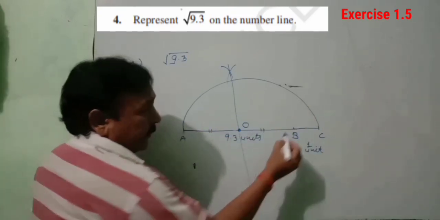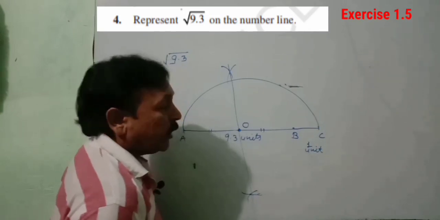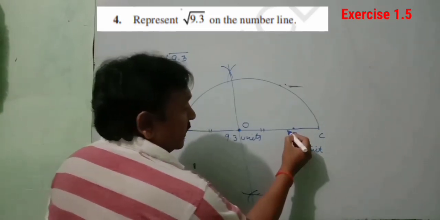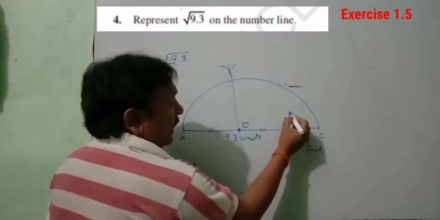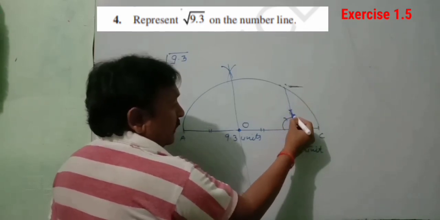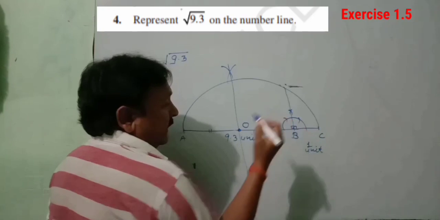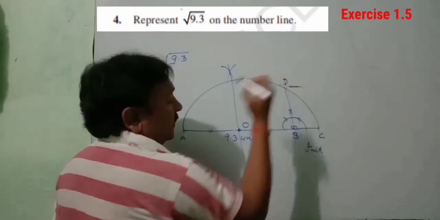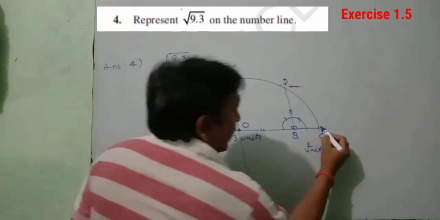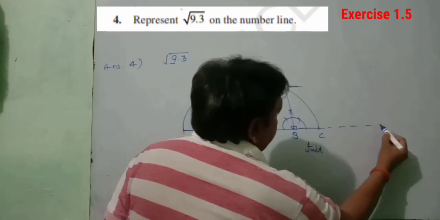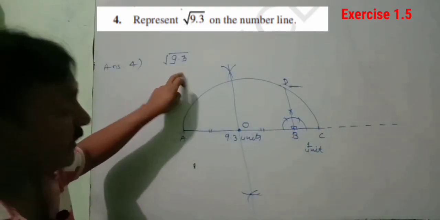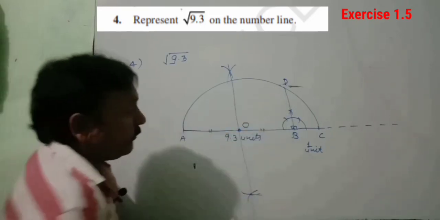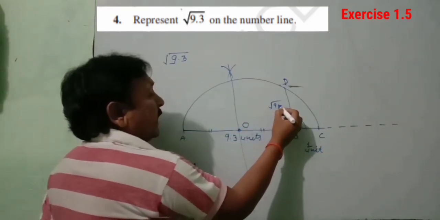Now at point B, again we have to make the angle of 90 degrees in the same way as we had done in previous classes. First of all, semicircle, 2 arcs, and this we all know, this will be our angle of 90 degrees, and let us give it a name BD. Okay, and extend this line, because this is our number line and on the same line we have to represent root 9.3. This BD, what we got here, is root 9.3.